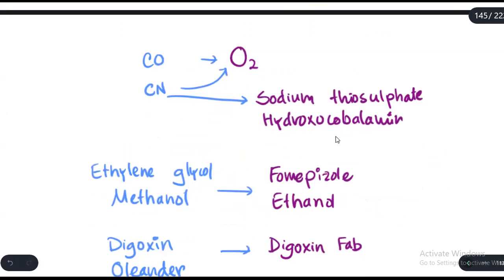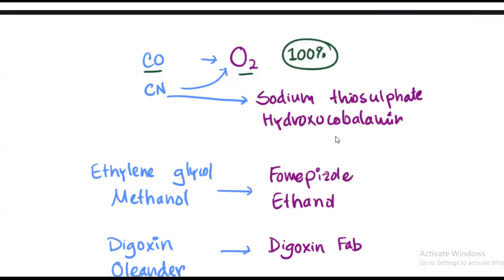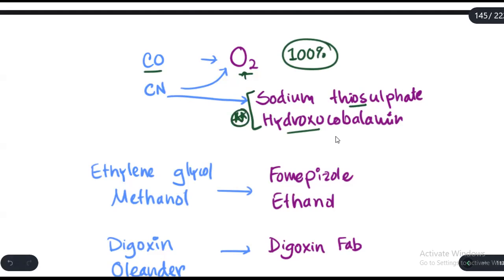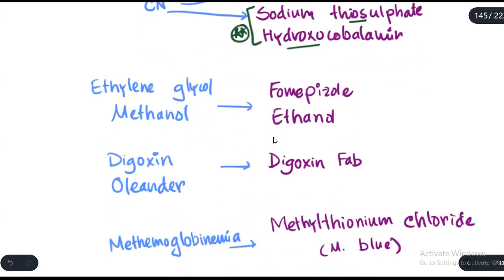For carbon monoxide poisoning, the main antidote is oxygen, 100% oxygen. That is the best treatment for most of the cases. For cyanide poisoning, we not only use oxygen, but we also have to use other antidotes such as sodium thiosulfate and hydroxocobalamin. For ethylene glycol poisoning and methanol poisoning, the classic antidote is fomepizole, but you can also use ethanol if